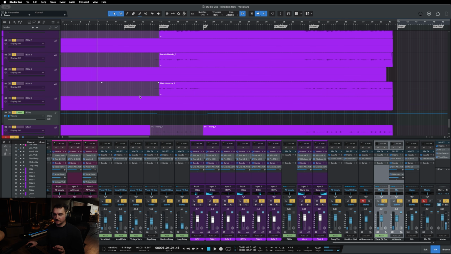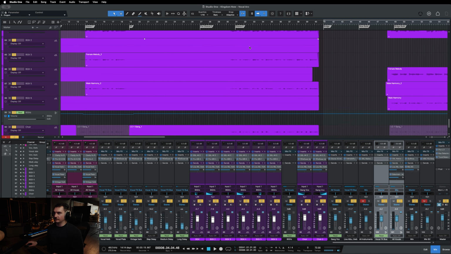So there's just a touch of reverb there to put him into a space. But then as we get to this chorus here,